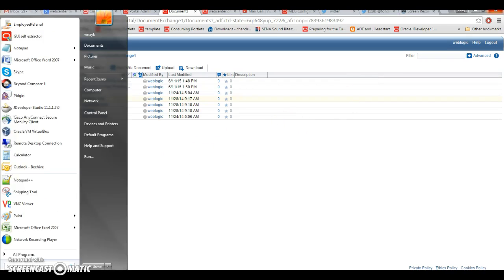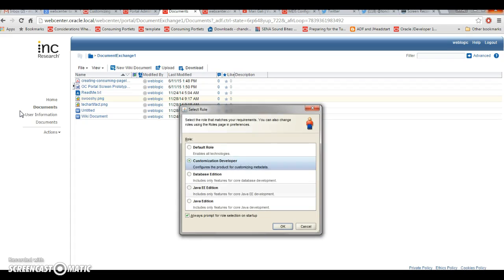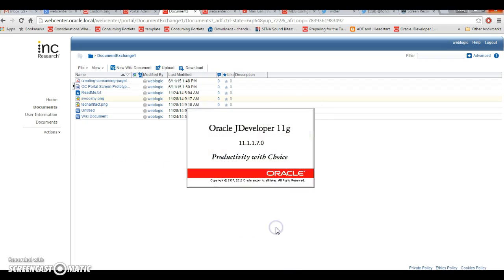I simply close that and open a new JDeveloper. As of now, this customization, I mean, we are